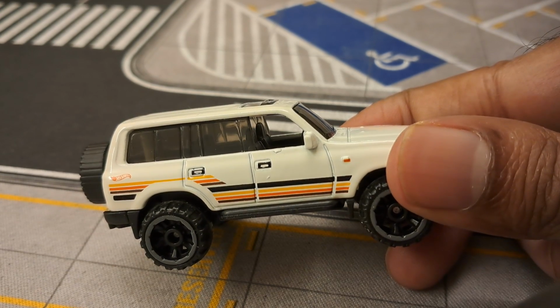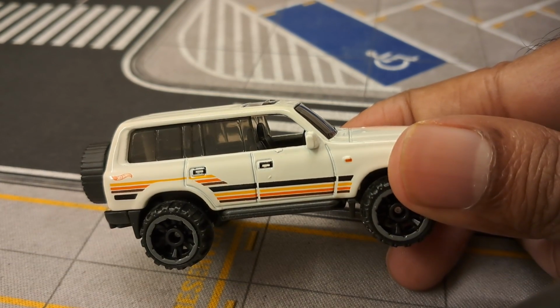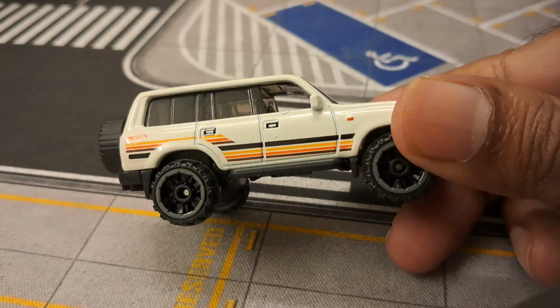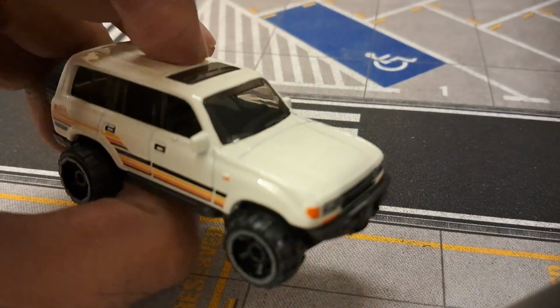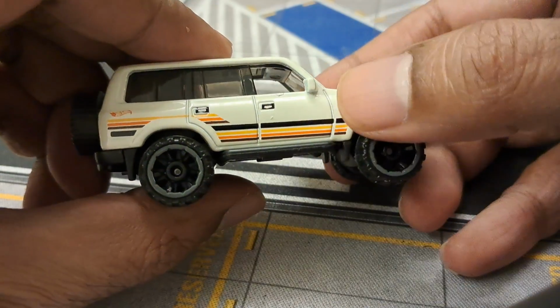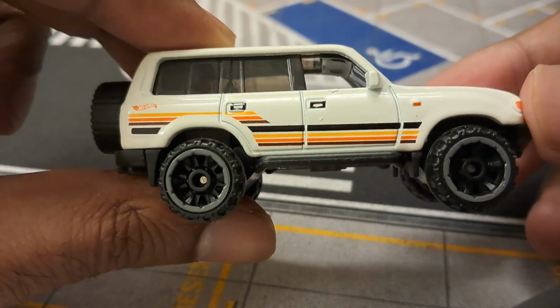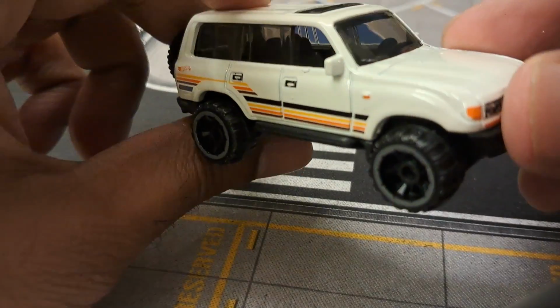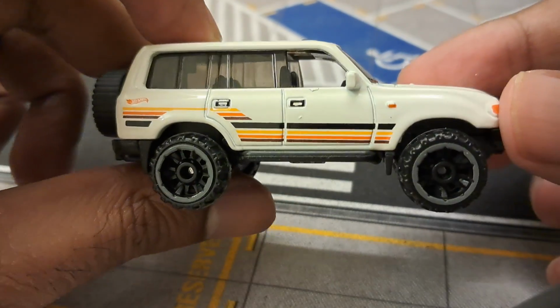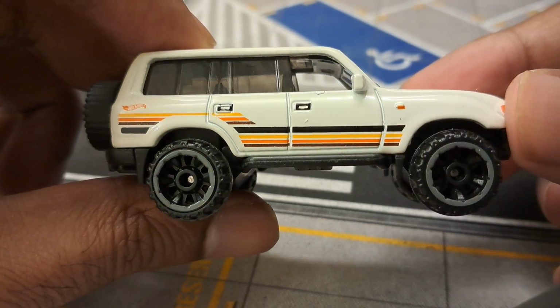And the third version was in what they call metallic red, again with muddy tires. And this one somehow I like the best, with the ivory color and that very 80s livery. So starting the review from the sides, it has that boxy look of the SUV,